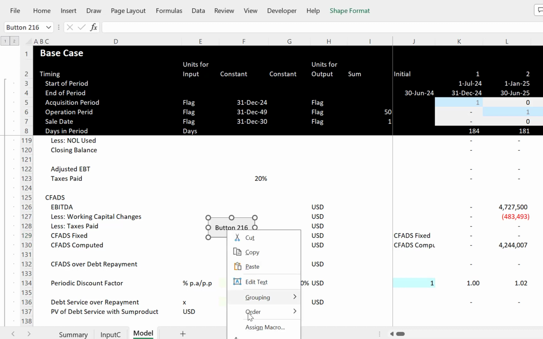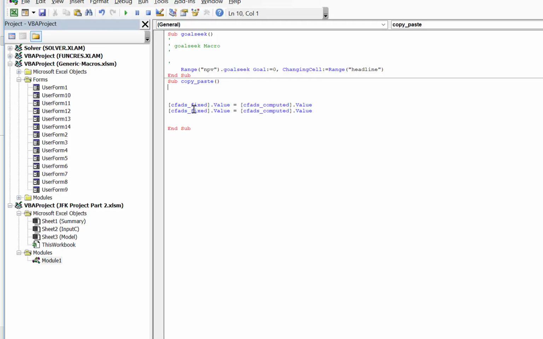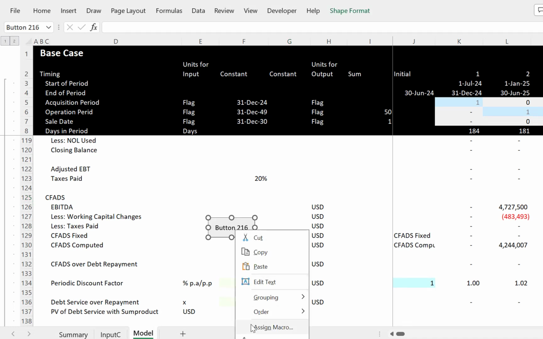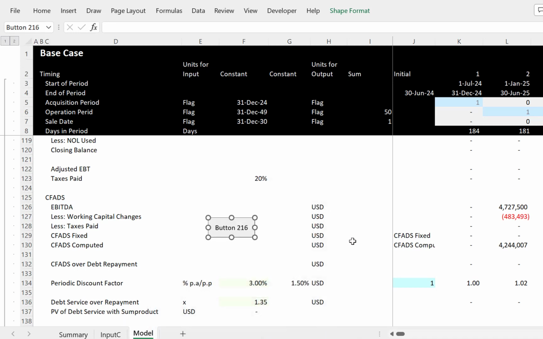So I did it the same way, fees, and we press edit, and instead of CFADS we put fees, and we put fees again. And then did I attach this to that macro? I think I did. Yes. Okay, so let's just run the macro,